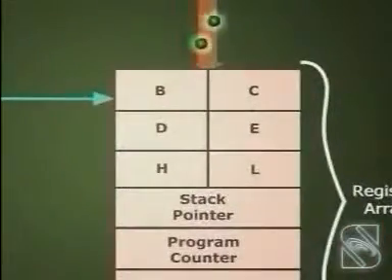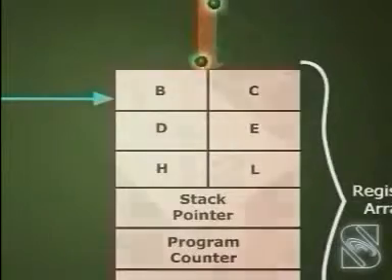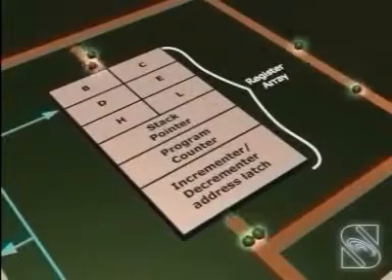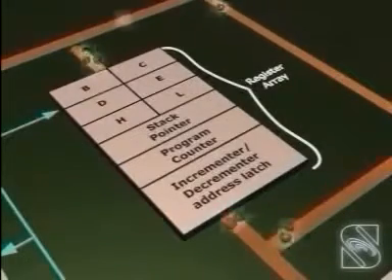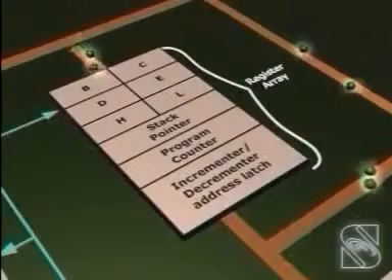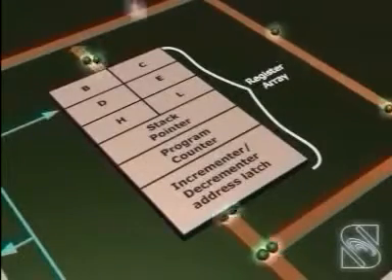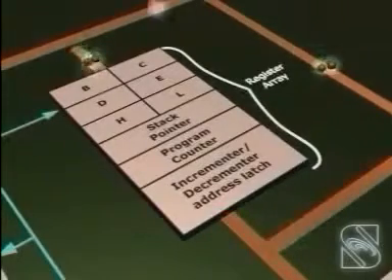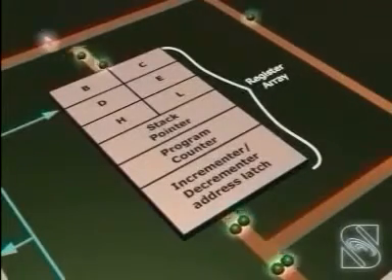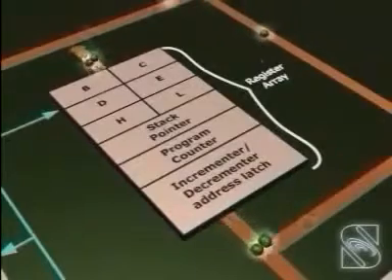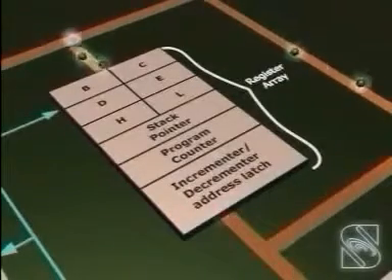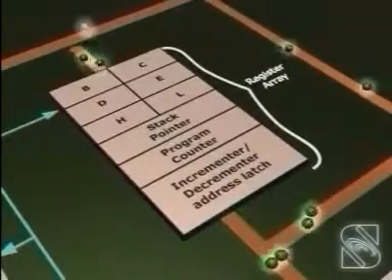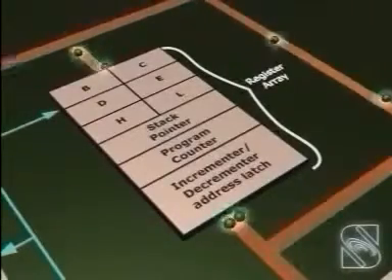Program counter or PC. This 16-bit register deals with sequencing the execution of instructions. This register is also a memory pointer. The microprocessor uses this register to sequence the execution of the instructions. The function of the program counter is to point the address of the next instruction to be executed. At the end of the execution of an instruction, the program counter is incremented by 1, pointing to the next memory location where the next instruction is available.